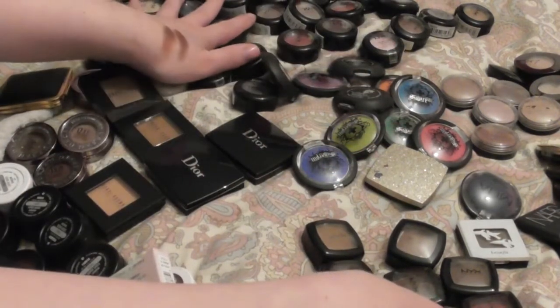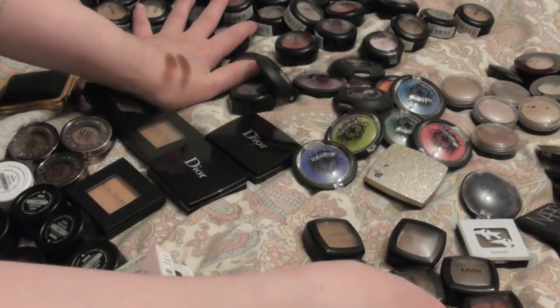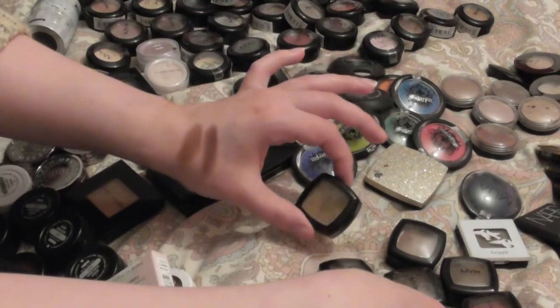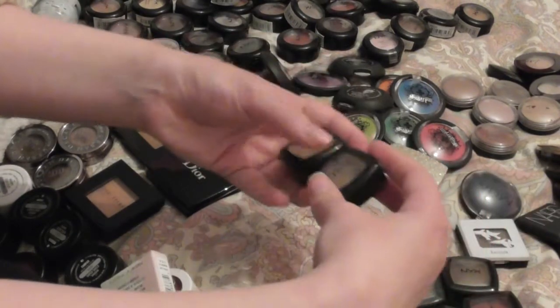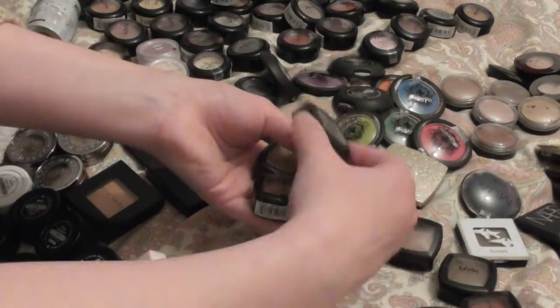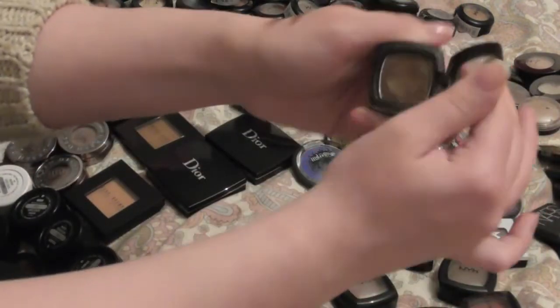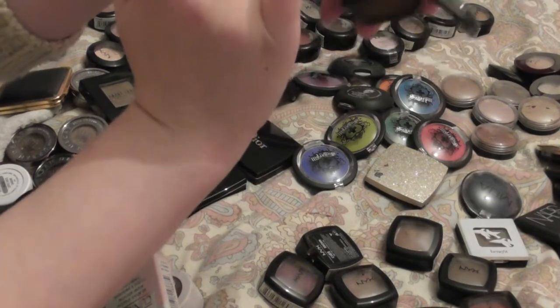I haven't had much chance to dabble in the new formula, even though I've owned these shadows for quite a long time. So yeah, I'm just going to bite the bullet and get rid of these ones. We had Brown, True Taupe, Eggplant, Golden Amber, which, oh guys, this color, it was like one of the first